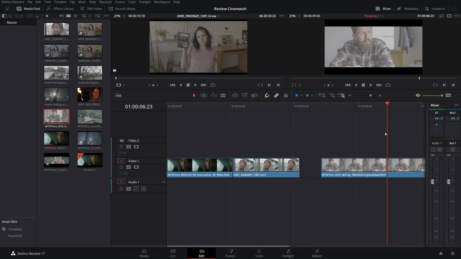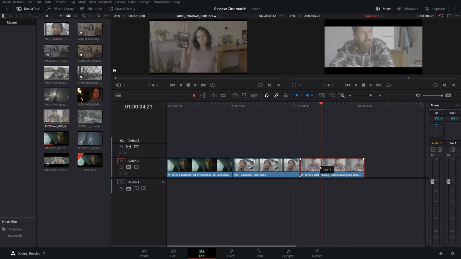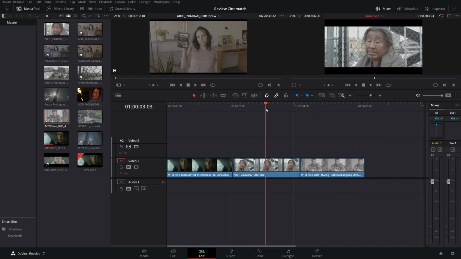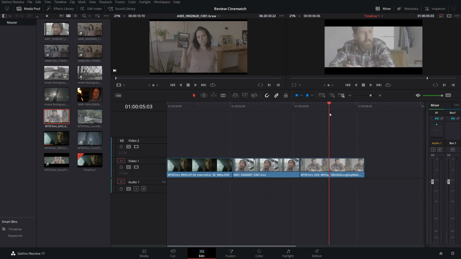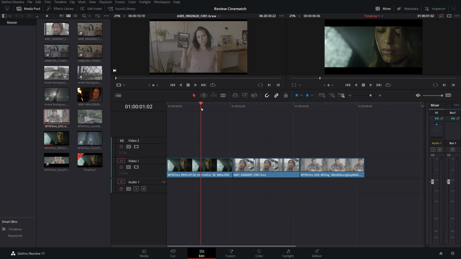So they are very, very different cameras and very, very different situations. We have here outside with sun, we have here inside, and we have here inside a car with darker photography. So very different shots, and we're going to try to match them all together.